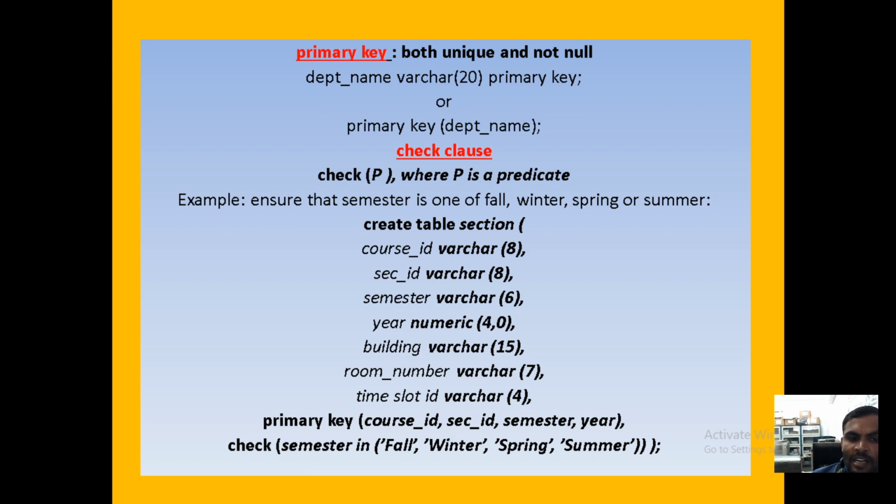Under any table, we can define n number of constraints for the primary key. Coming to the check constraint, we are giving the semester. Semester is also given as a primary key. After giving the primary key, again we are giving a condition as a check constraint. For the check constraint we are giving the check in operator: semester in fall, winter, spring or summer. The semester may be winter or summer or spring or fall. Means 4 conditions are checked, and any one will be there. The check condition.